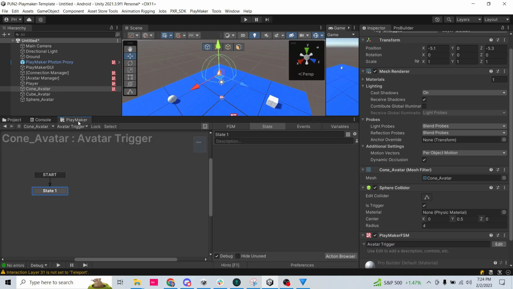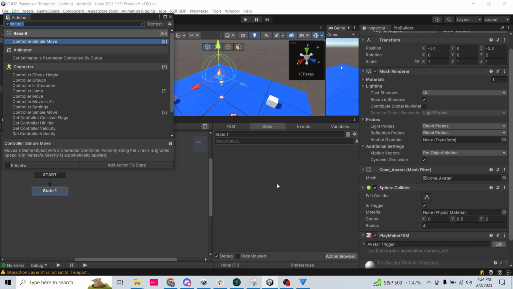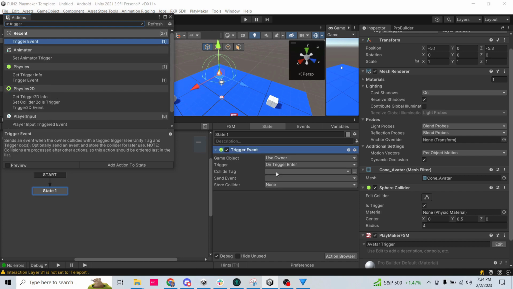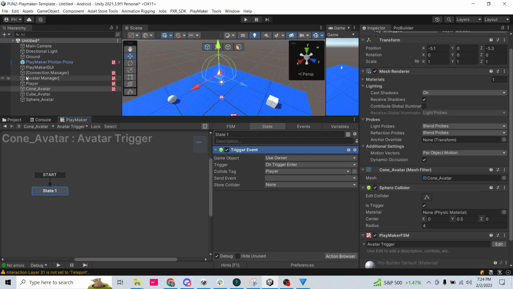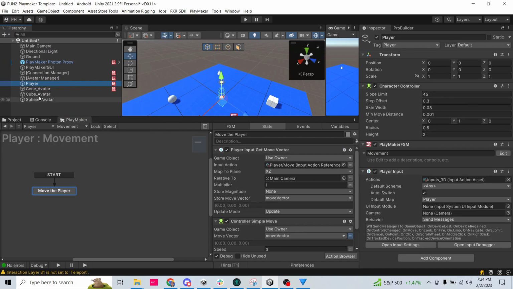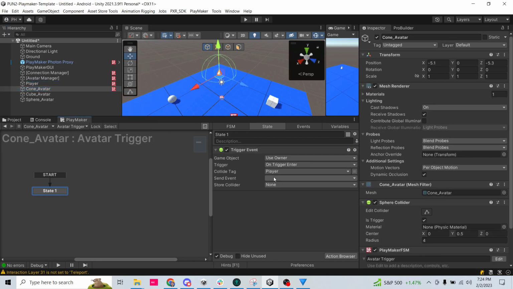And then in Playmaker, we're just going to do trigger event. And on trigger enter, we want the collide tag to be player. So make sure our player has the player tag, and it does. All right, and then we're going to call this trigger enter. All right, and then we're just going to do trigger enter. And then after the trigger gets entered,